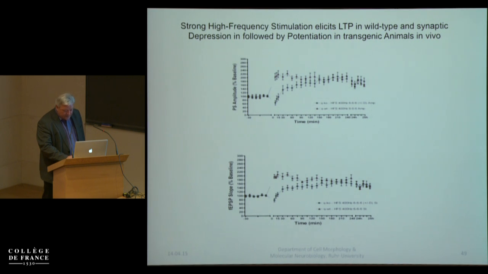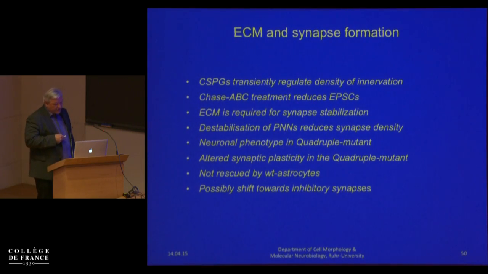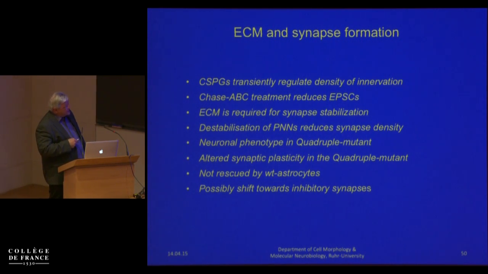So this is the state of our investigations, and I would like to summarize what we have learned about the chondroitin sulfate proteoglycans and innervation. So we think that we have a transient regulation of the density of innervation, and that we can increase synapse formation by chondroitinase ABC treatment. On the other hand, this reduces the EPSCs. The development of synapses on PNN-bearing neurons suggests that we may need extracellular matrix and this interactome to stabilize synapses,